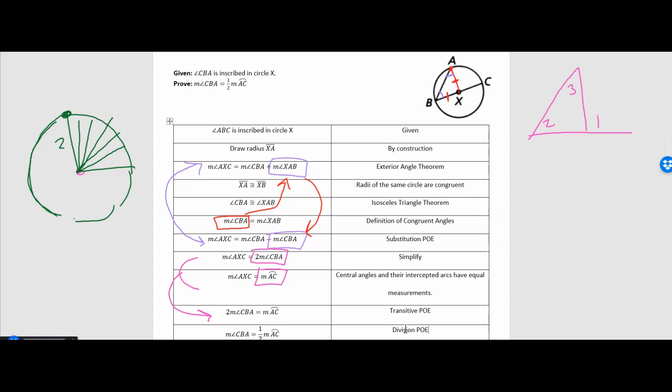we get what we wanted to prove, that the measurement of the inscribed angle, CBA, is equal to 1/2 the measurement of the intercepted arc. Okay, again, this is just proving one case. We'd also have to prove the case where